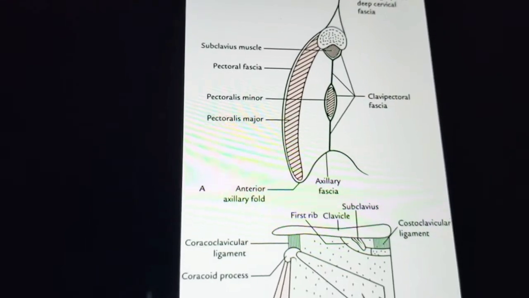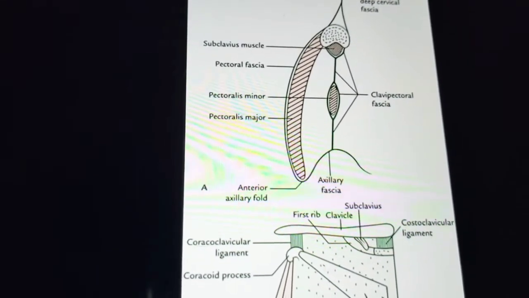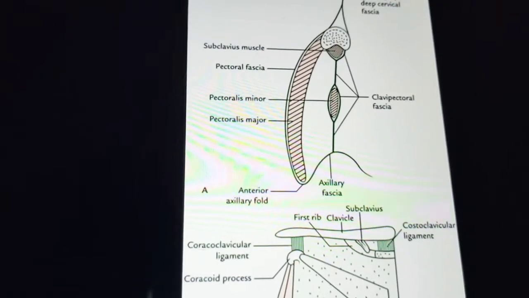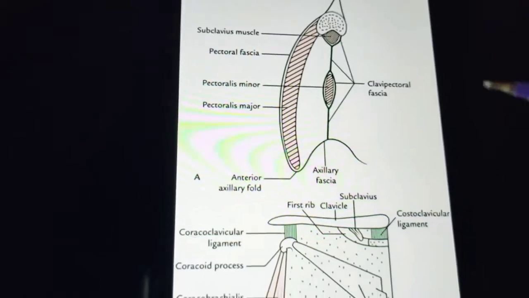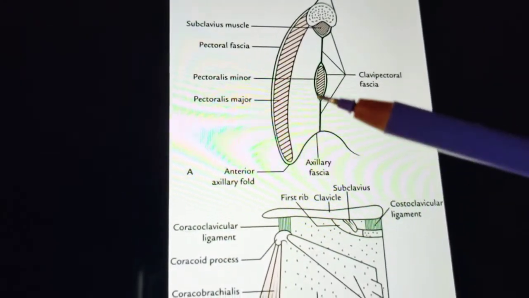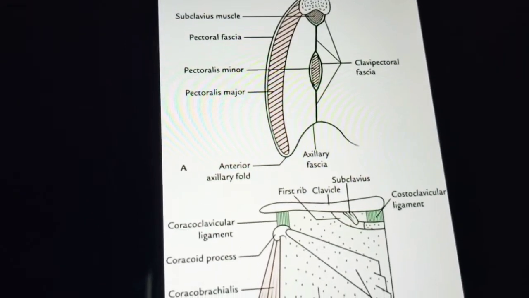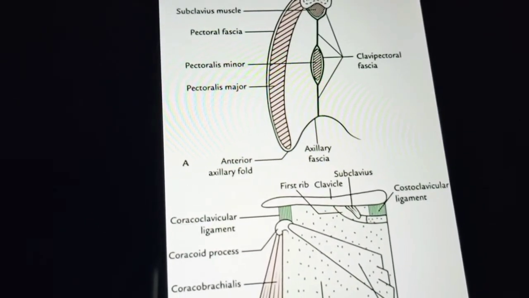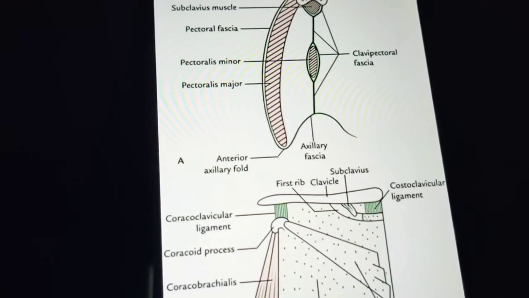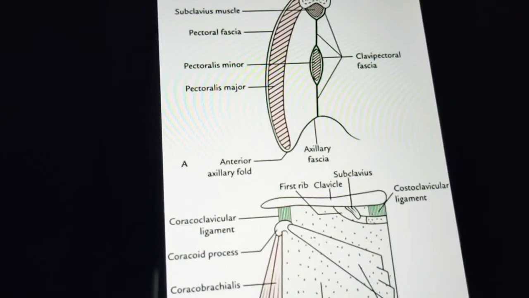And next, below this muscle, it continues as a suspensory ligament, which is attached to the dome of the axillary fascia and helps to keep it pulled up, right? So it's pulled up mainly because of the connection of this clavipectoral fascia from the pectoralis minor below to the axillary fascia by means of a suspensory ligament. So the clavipectoral fascia is mainly pierced by these structures.